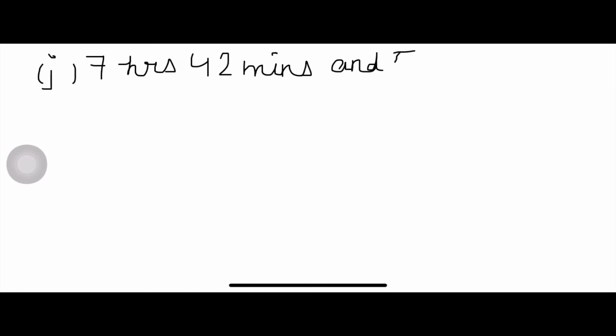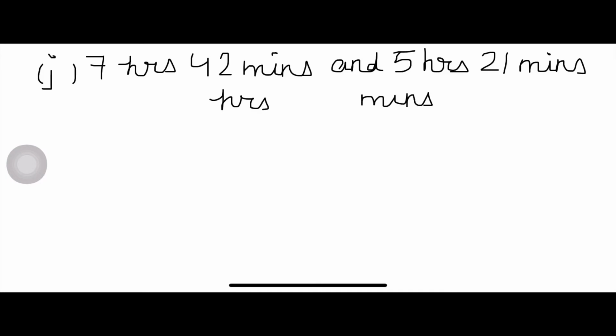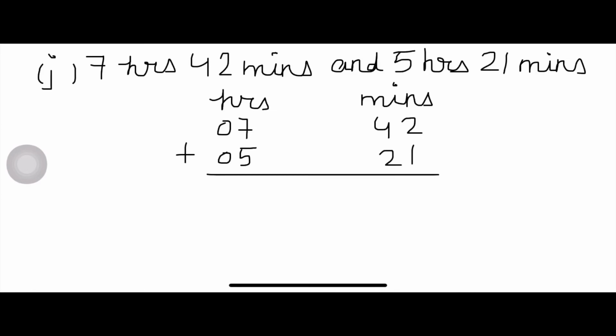After I part, I am doing J part. J part is 7 hours, 42 minutes and 5 hours, 21 minutes. Write hours, minutes. 7 hours, 42 minutes. Now put addition sign. 5 hours, 21 minutes. Now add 2 plus 1 is 3, 4 plus 2 is 6, 63, 7 plus 5